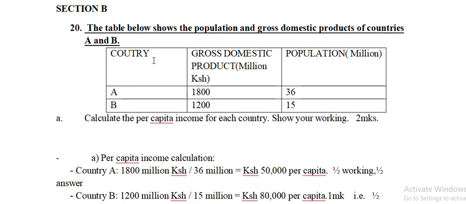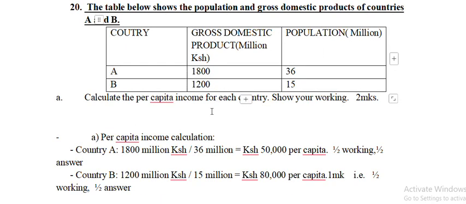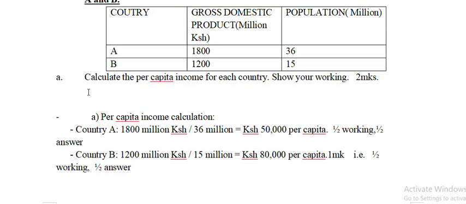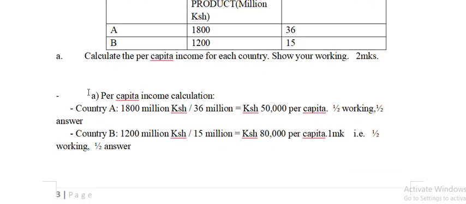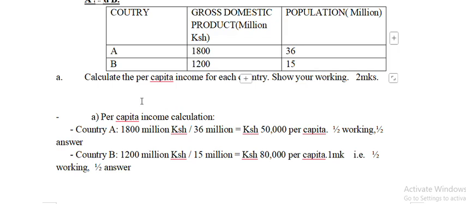Section B, the table below shows population and gross domestic products of countries. Country A and B, you can see the GDP in millions. We have A 1800, then B 1200, then the population of A 36, population of B 15. Part A, calculate the per capita income for each country, show your working, and the per capita income calculation